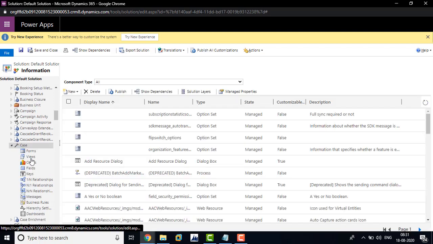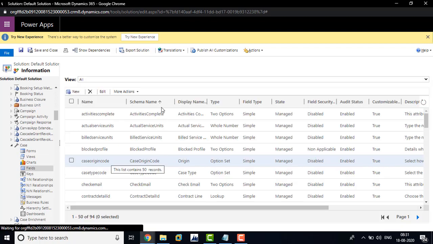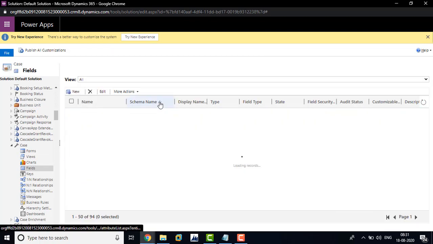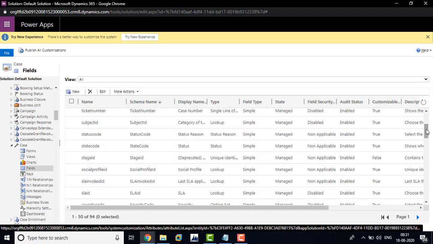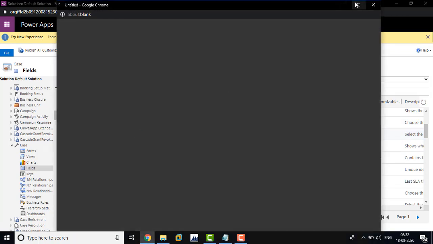Here we are going to change the status reason value. Scroll down to the status code. We are going to add one more status code.